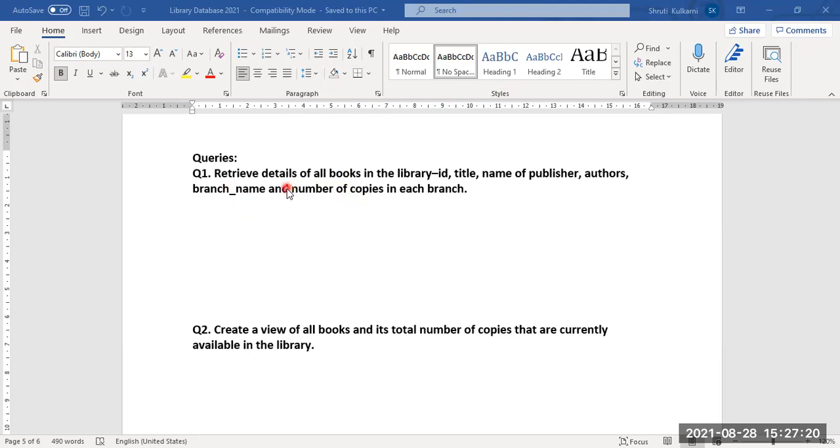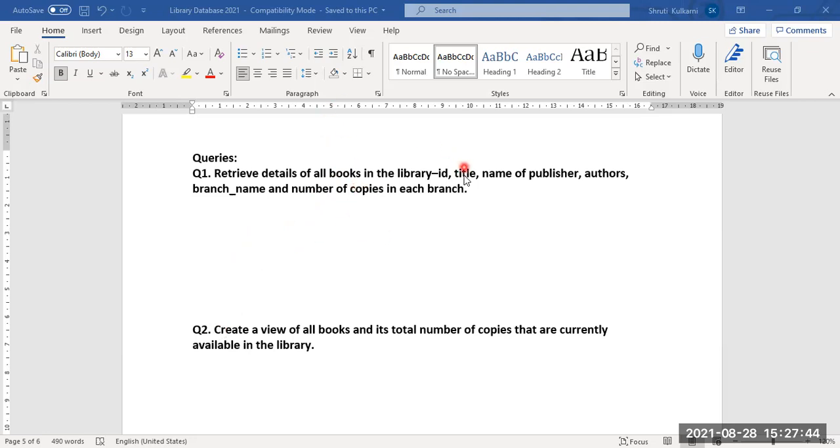We are not interested only in the book, we are interested in other things also. What other things are there? Who is the author? Who is the publisher? I mean, what is the name of the publisher? And finding out the total number of copies in the respective library branch.